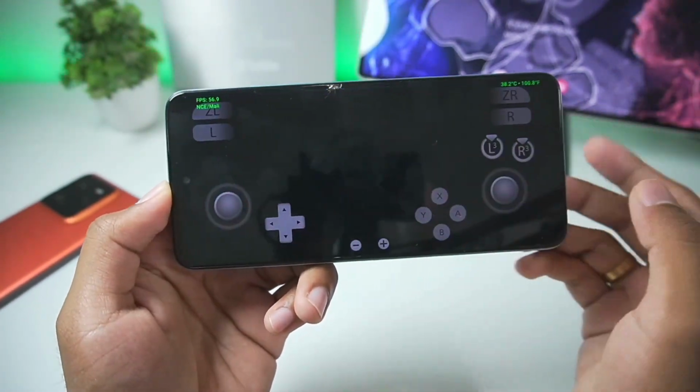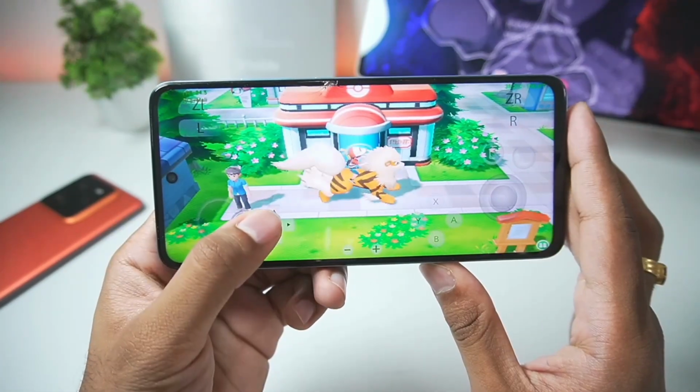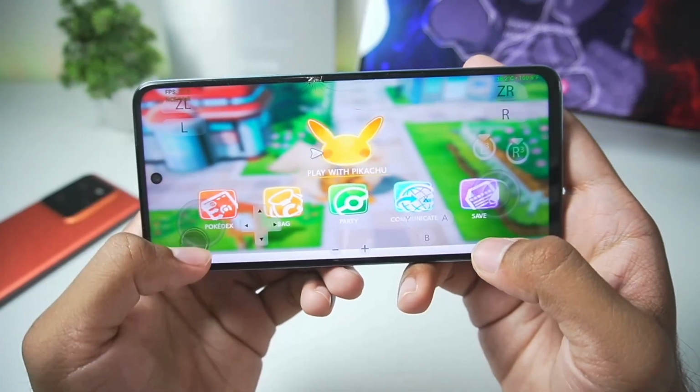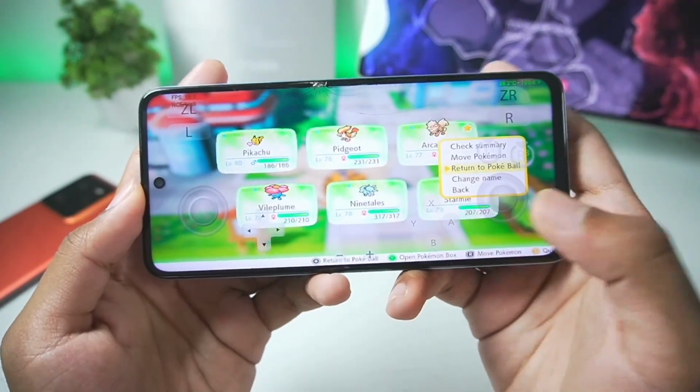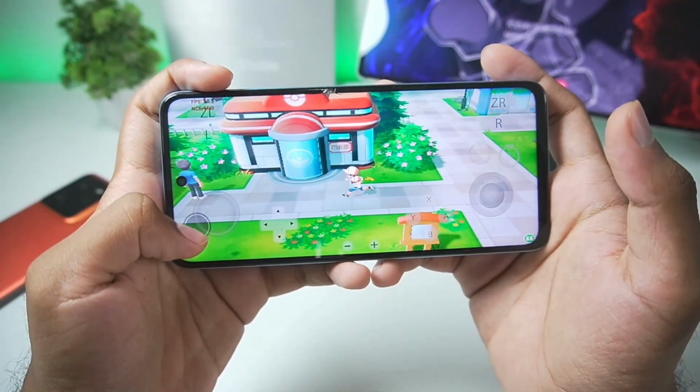So here we'll just go ahead and press the A button to continue and tap on continue our adventure. The FPS is actually pretty amazing. This is unexpected, by the way. Let me just go ahead and put my Arcanine inside its Pokeball. Now I'll be able to actually control the character, and you'll be able to see at the top left corner,